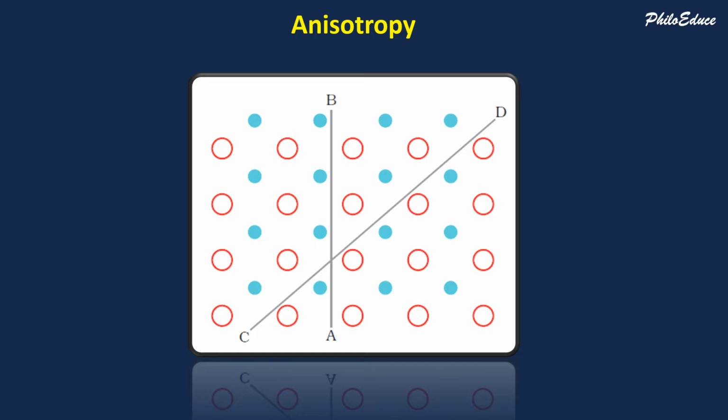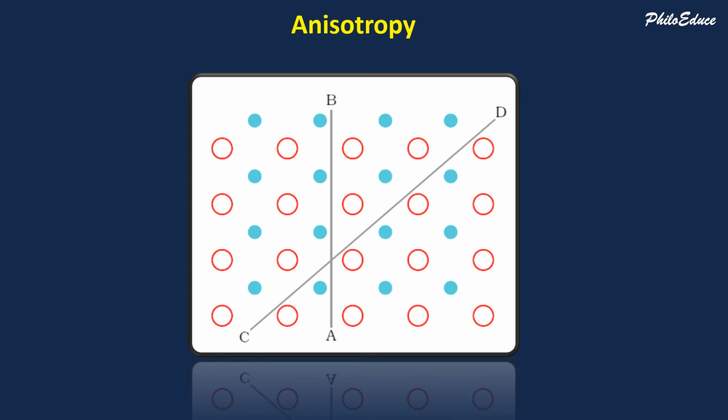That is, in the crystalline solid, a long range order is there. The particles are well ordered and arranged in a proper manner. Along the CD direction, if you pass a light through, the light will strike on the circles and the dots, initially on a circle and then a dot, then a circle and a dot, likewise. But in the case of the AB direction, if you pass a light through the crystal, what will happen? The light only touches the dots.